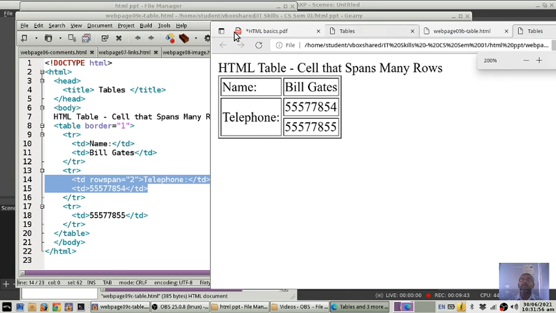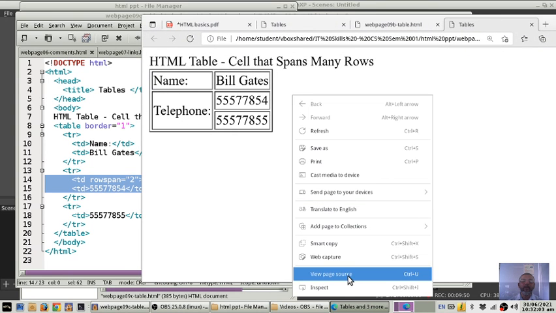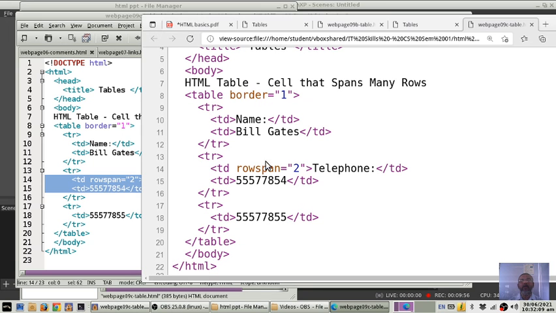So this is the browser display. And if I go to the page source, I will get the same output. That's the same source code.